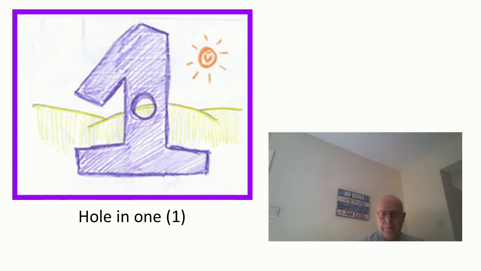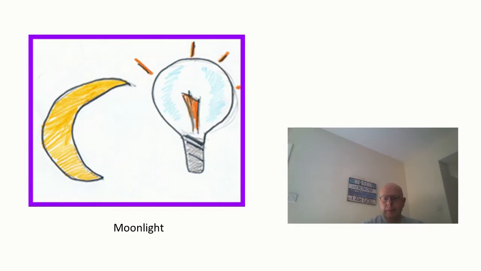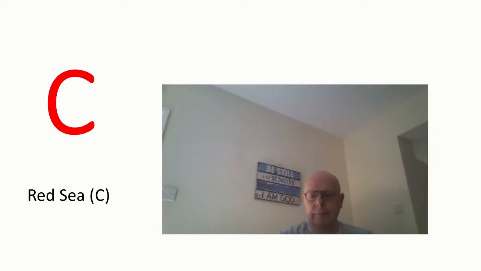What about this picture? Have a look at it and see what word you can guess from this. I reckon you're becoming experts at this now, and you would have got moonlights. One more picture, and this picture will link to the story we're doing today. So have a look at this picture and see what word you can guess from this. So that Red Sea of course refers to the Red Sea that Moses and his friends are going to cross